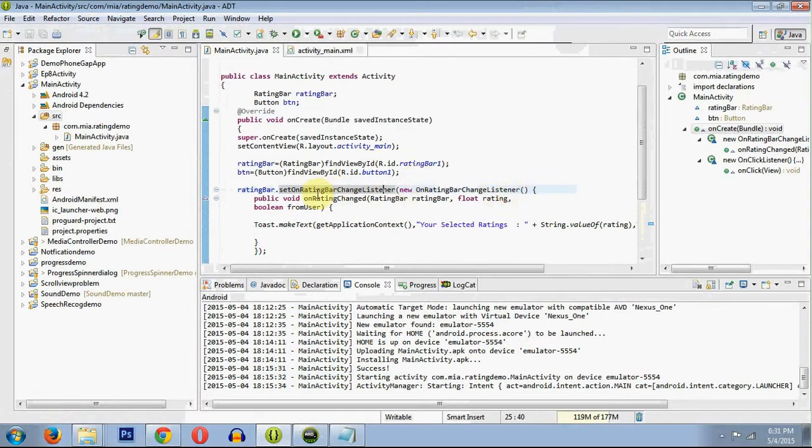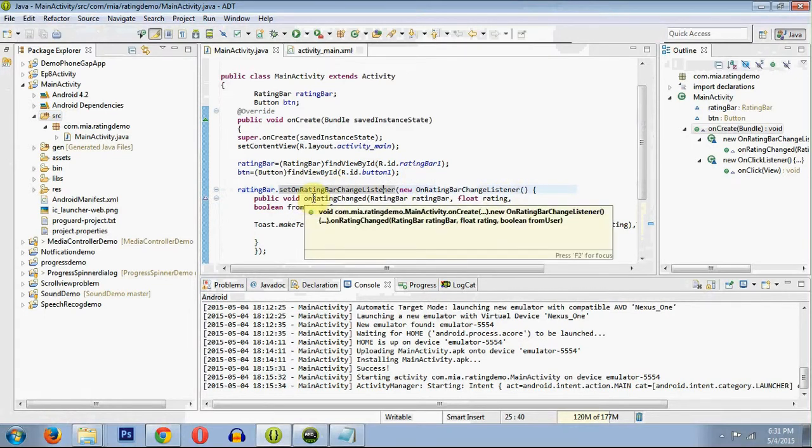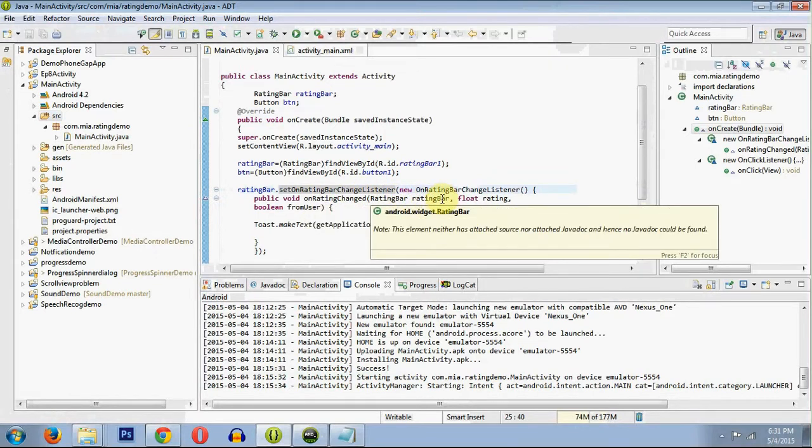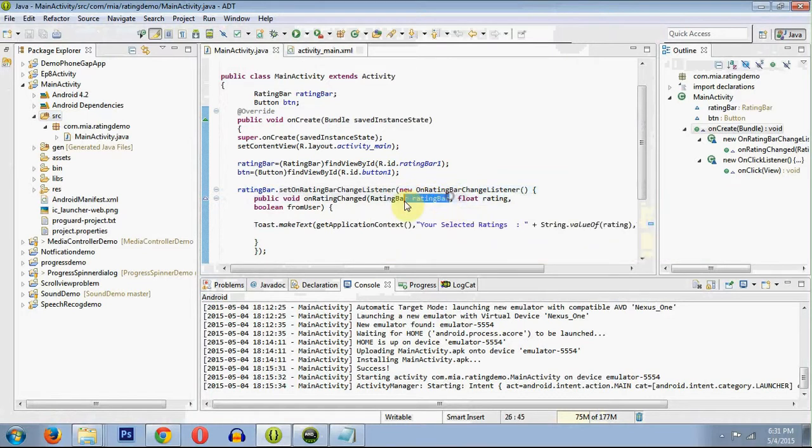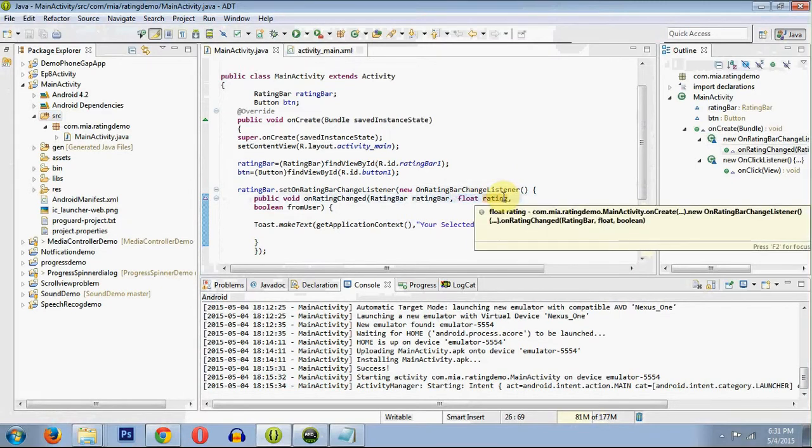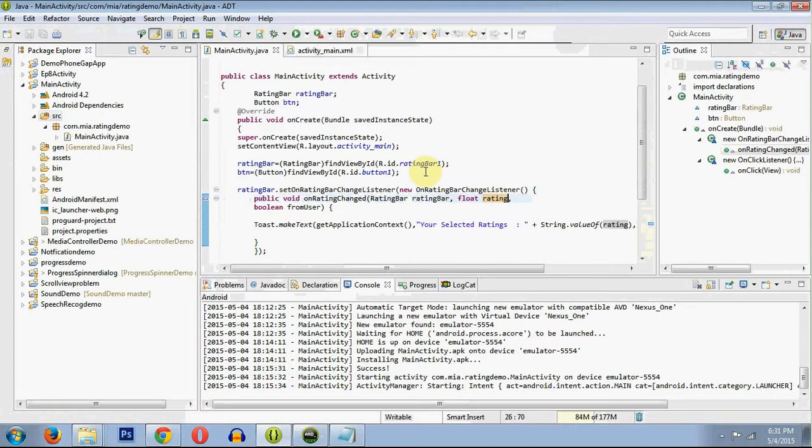So by default it has overridden the method onRatingChanged. RatingBar is the rating bar which we have just created. The float rating is the float value, it's the number. If we choose 3 stars we will get 3, if we choose 3.5 stars we will get 3.5 as the float. It's stored in the float rating.